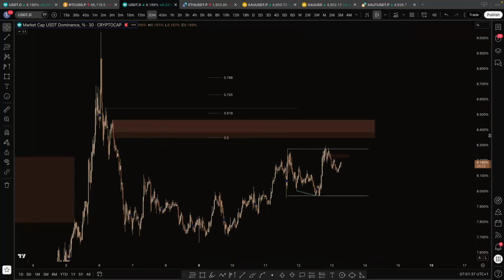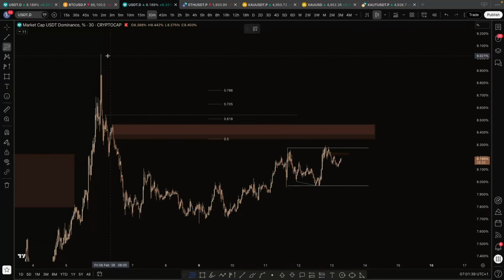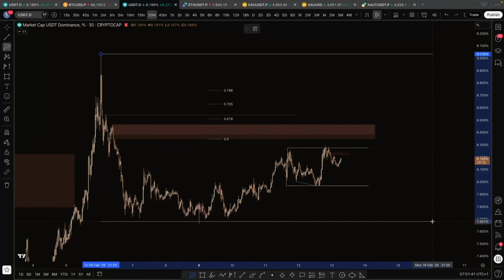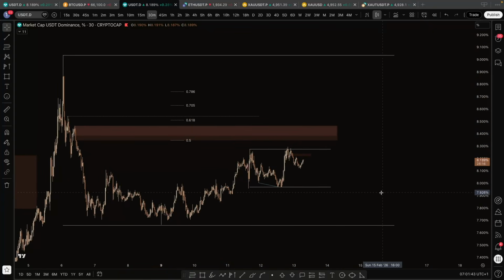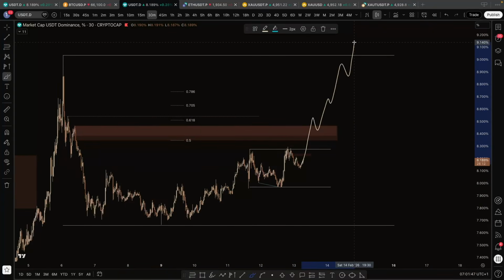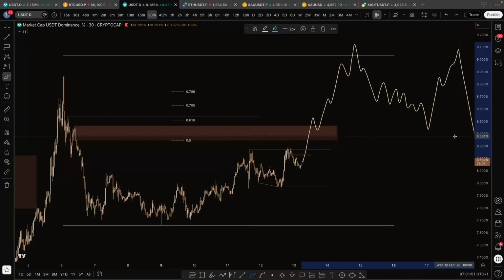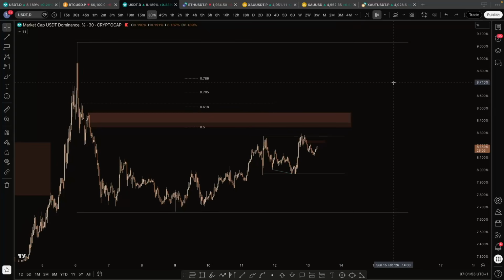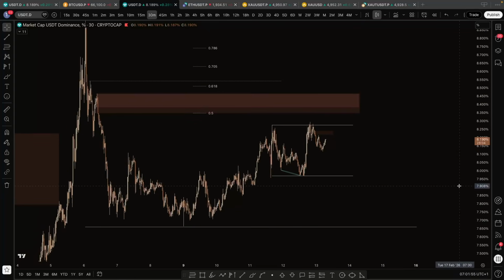I will watch for potential range creation on the mid time frame on USDT, and that means a range creation like this. So that means price going up all the way there, deviating that range high, taking time before you can properly distribute. That's on the high time frame what I am watching on USDT.